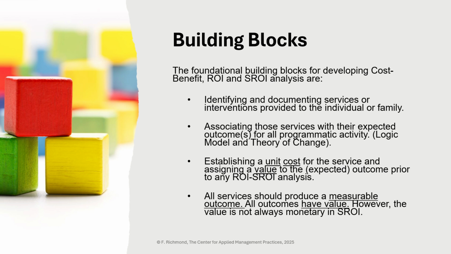We identify and we document the services or interventions, right? That's what we do. We try to associate, and we should associate, those with outcomes. That's part of ROMA, but that's also the reporting system that we use at the national level, and you should do it anyway. This is where some agencies do, the majority don't. Someone possibly does this in your agency. You need to assign a unit cost for the service. Someone in your fiscal office, and by unit cost, I'll get into that in a little more detail, a unit cost is what it costs to produce a unit of service.